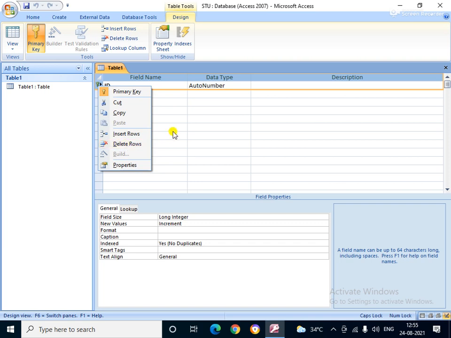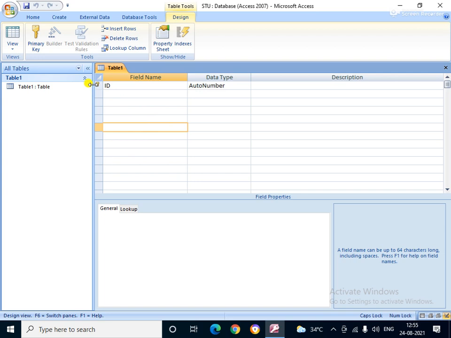Before you delete the ID, all of you notice here is a symbol, a key symbol. This is called the primary key. Okay, during the classes I already explained what the primary key is. Primary key is a unique identifying key, meaning it identifies the student record or employee record, the details. So it appears, okay, when you create the database table, the primary key appears.